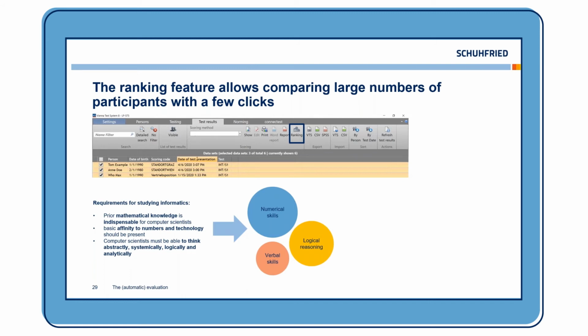In real life, these requirements analyses are of course more detailed, and we have other tools to do this than just counting how often a skill is mentioned. But for the purpose of the example, I think this is quite fine. You can see numerical skills is very important, logical reasoning is still quite important, and we have added a third skill, namely verbal skills, because we want to assure that basic verbal skills are given,